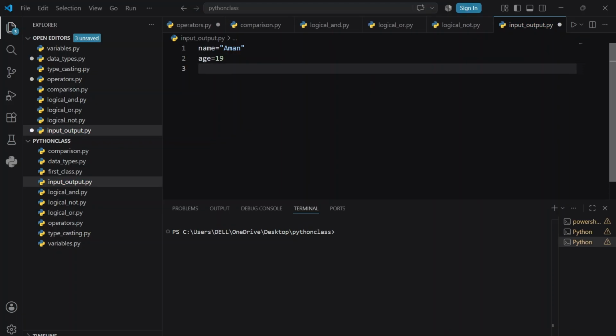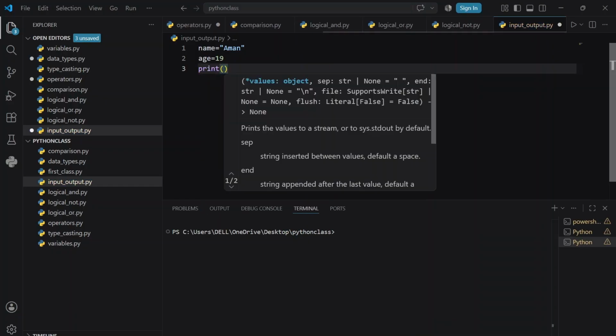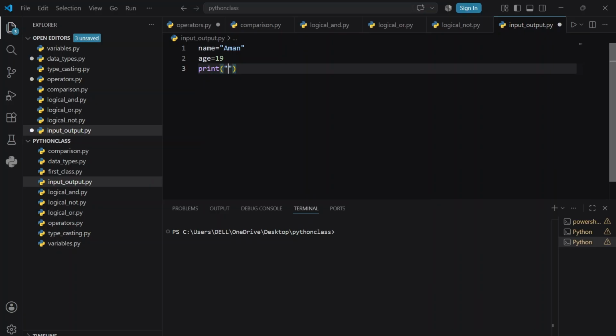Now I am going to use our output function, which you can say our print function. Print, double quotes, my name is